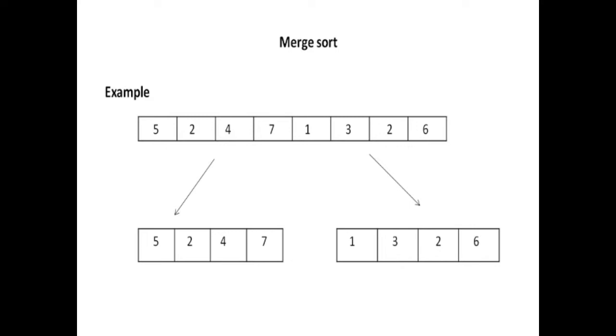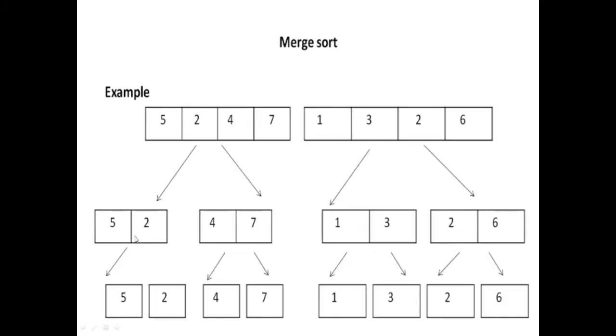As I discussed in the algorithm, it is going to divide this array into parts. And this partition will be done until we are left with a single element in the list. So this will be divided. We will get 4 elements on the left and 4 on the right side. Now again these 4 elements will be divided into 2, and then that also will be divided in